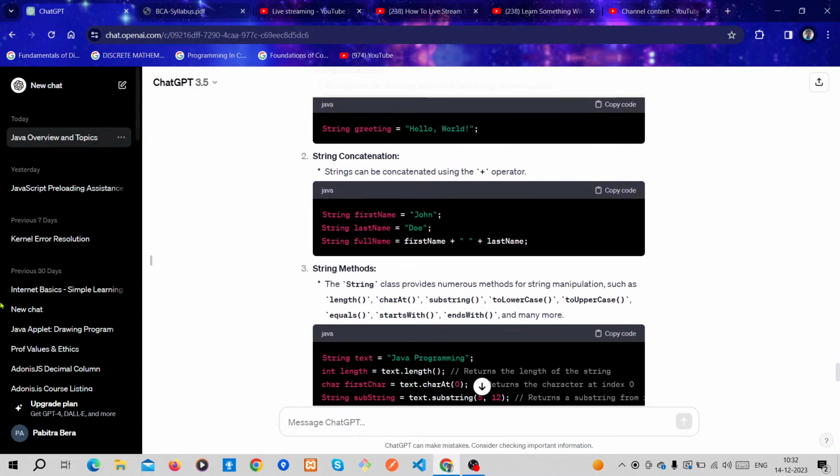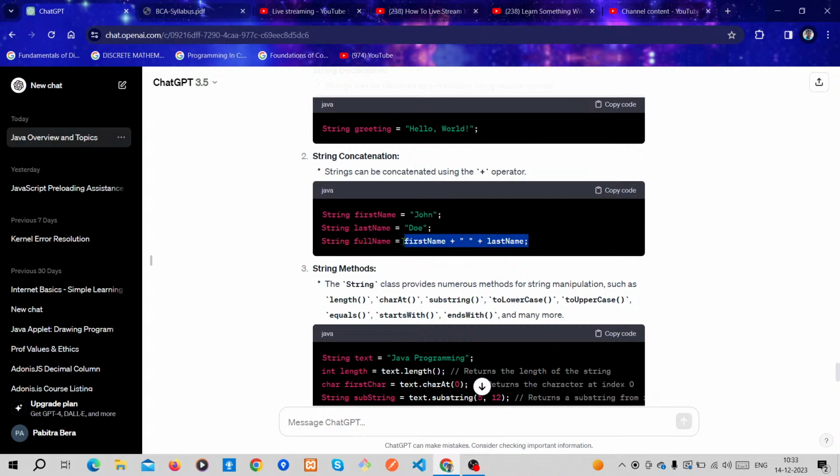Now string concatenation. How can you concatenate string variables? First of all, you need to use the plus operator to concatenate strings. Declare first name as the first string and last name as the second string variable, and then full name as a third string, where you concatenate the values stored.